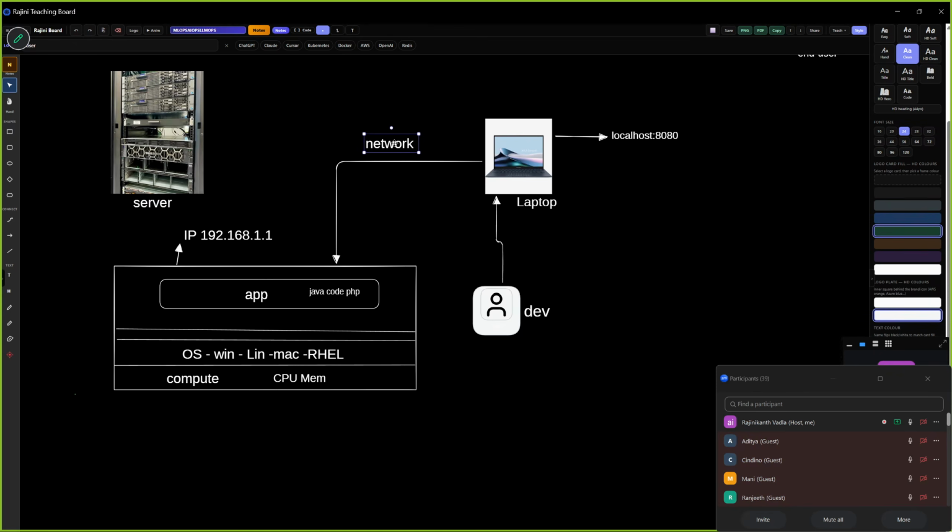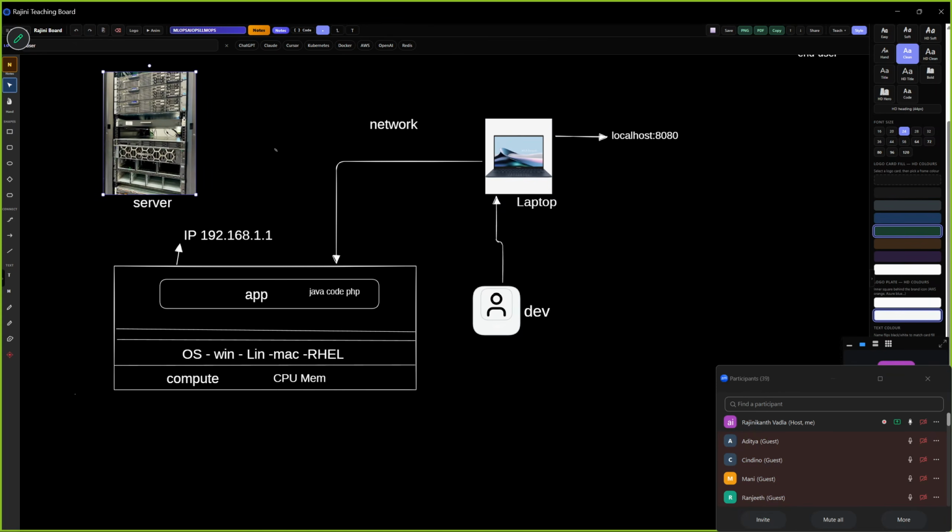Network means the combination of two or three networking devices. If you have three or four laptops in one area connected with certain protocols, that is a network. Now, everything you are seeing in the IT world is deployed on a server. Nothing is serverless. People will say there's a serverless technology. No, under the layer it is a server only. But they say serverless. Why? They are avoiding your efforts.